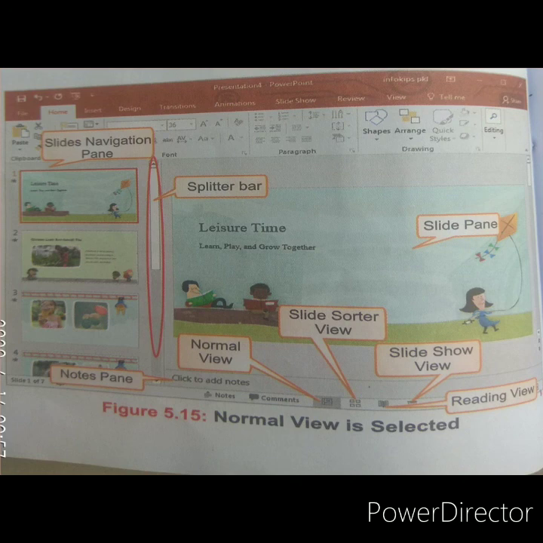At the left side you can see thumbnails, which means in short form the slides are visible at the same time. You can select any thumbnail from the navigation pane and that slide will show in the slide pane in the middle of the screen. Okay, this is the normal view. How we can use this normal view, I have already shown you. Firstly, you have to click on the View button. In View there is the presentation views group, and the first one is the normal view.